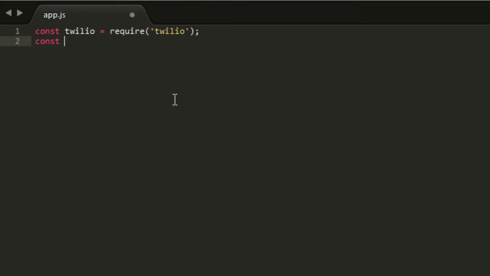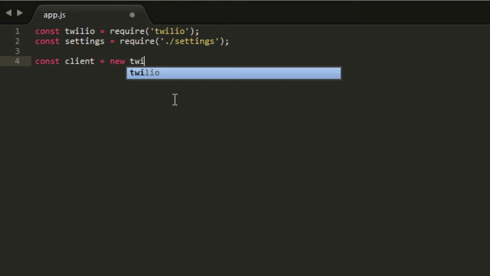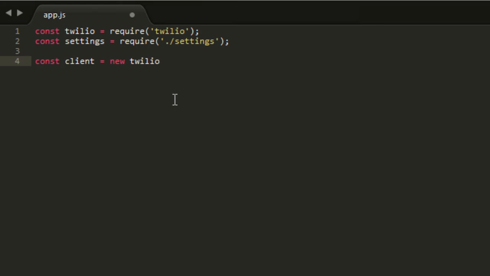Next, I'm just going to include my settings file that I made, which just has some account information required for Twilio to send the text messages and everything. So just include settings. Alright. So from here, we're going to initiate a client to communicate with the Twilio servers. So let's use that Twilio variable that we declared. We're going to use the REST,